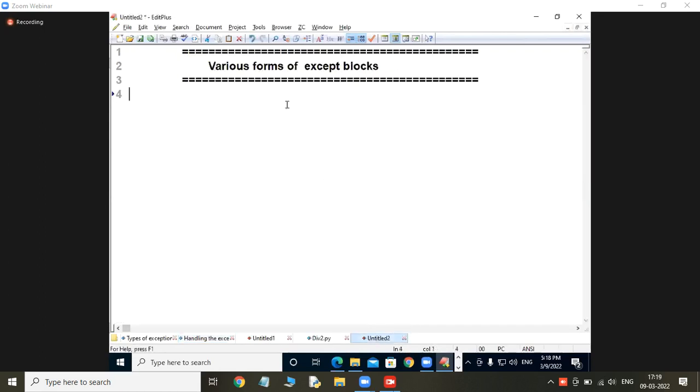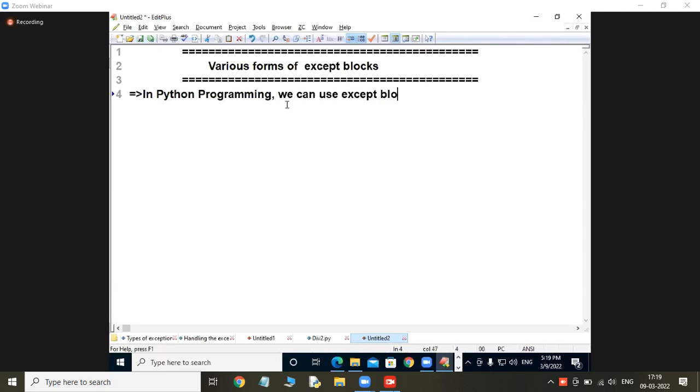Now I am going to enter into another topic, the continuation part. What are the various forms of except blocks? Shall we start? Fine. So in Python programming, students, we can use which block?